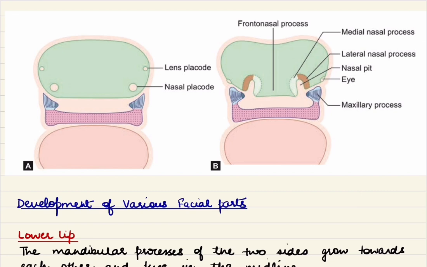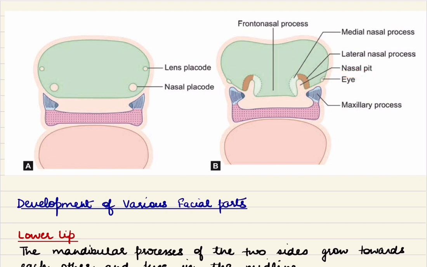Now with further development, there is an ectodermal thickening which develops on the inferolateral part of the frontonasal process, and this is known as the nasal placode. Just above the stomatodium, this nasal placode eventually deepens to form a nasal pit,